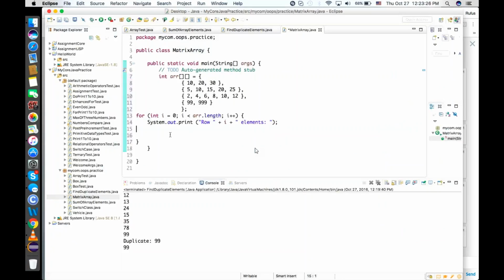Right. So how do we get that row 0 elements? We need to loop through one more array. Because the 0th row is nothing but 10, 20, 30. Then the first row is nothing but 5, 10, 15, 20, 25 like that. Means we need to write one more for loop. Nested for loop is required. Write that again for